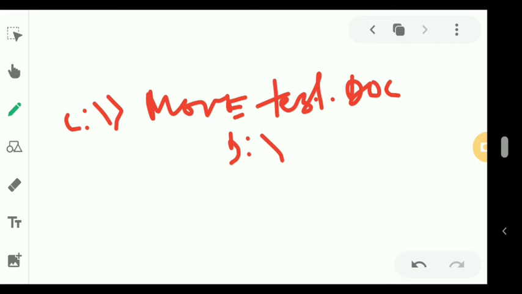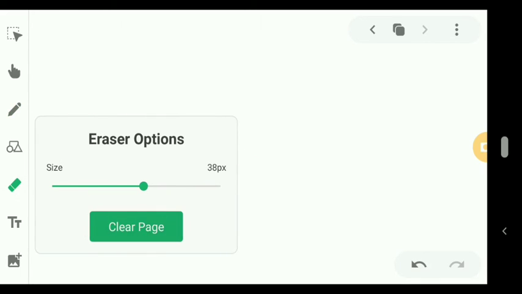The commands that are important I have already mentioned, and the next topic is wildcard characters. There are two symbols available, one is star and another one is the question mark.